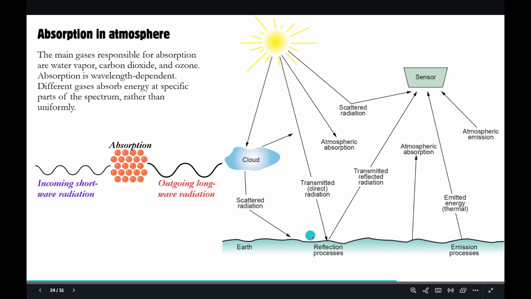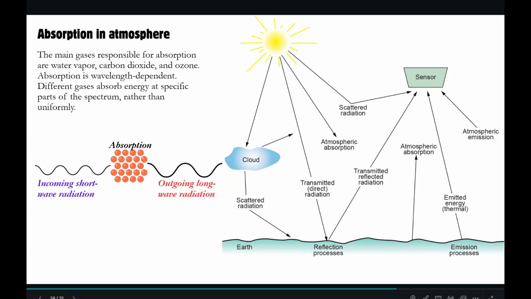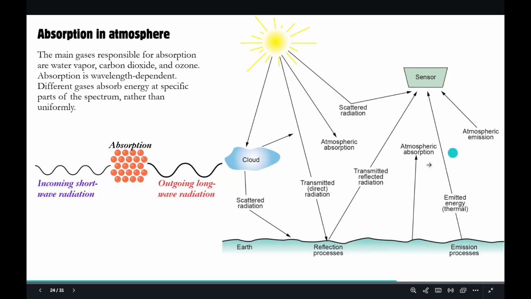So you have two kinds of radiation that come towards the surface, one which is directly transmitted, and the other which is scattered and reflected from the atmospheric components, like clouds. There are other things also, like some gaseous cloud, some emitted cloud, some aerosol content and things like that. Now we look at these arrows. One we have covered in this atmospheric window itself. Then let's talk about this.